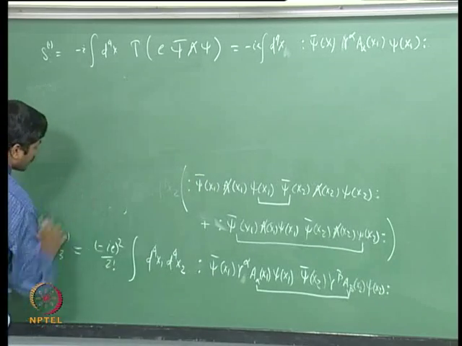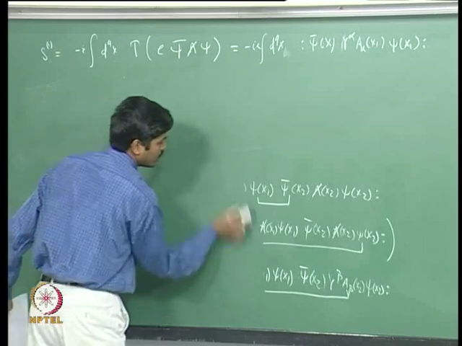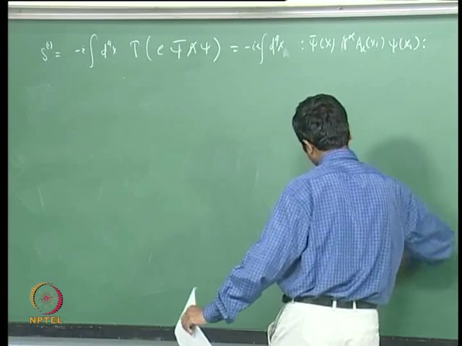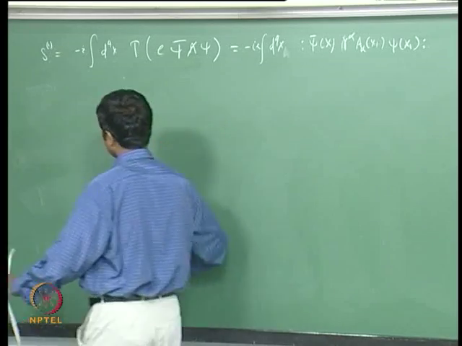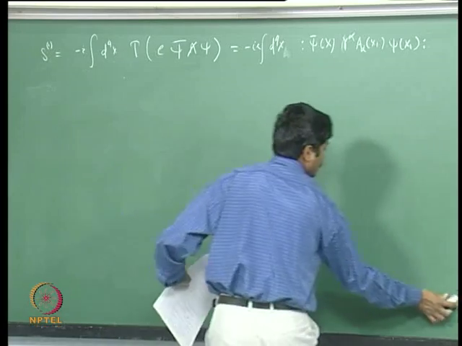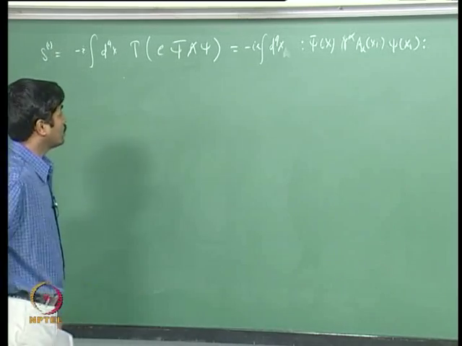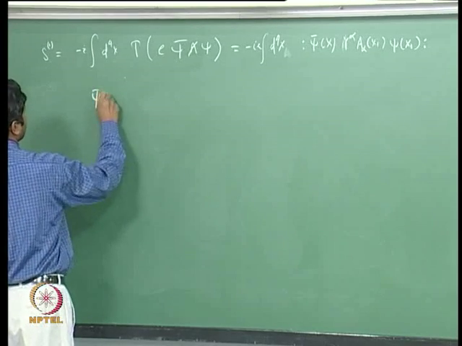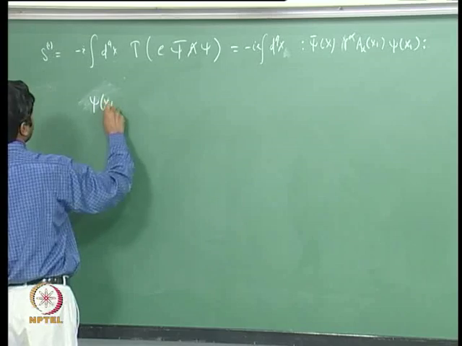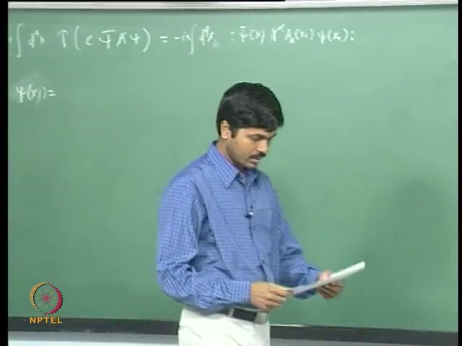So this is the only term in the weak expansion. Now, what is the psi bar of x, psi of x and so on? We know psi of x is the mode expansion